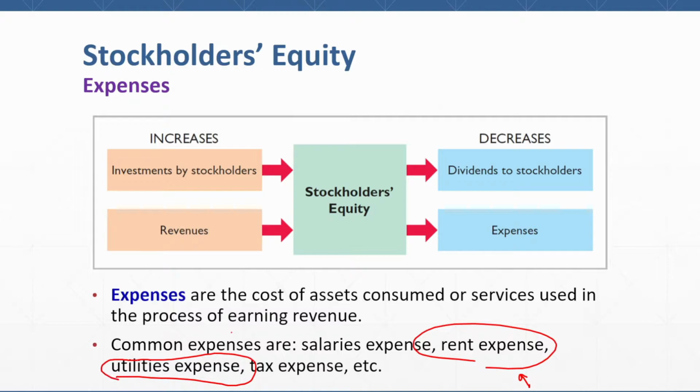My favorite example: the electricity you use, your water bill, your gas bill, they are all expenses. You have used them, you have consumed them. So you have to pay for them and you cannot have that money back. It is not like purchasing a laptop and returning it tomorrow. That's the major difference between expenses and assets. You can convert your assets to cash, but you cannot convert your expenses to cash. They are gone, they are consumed.